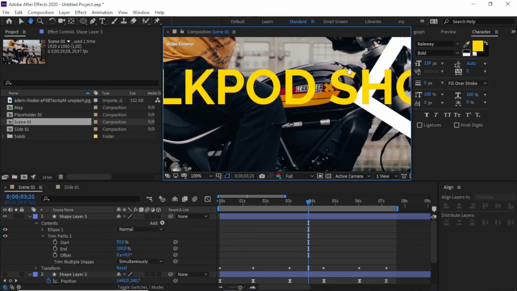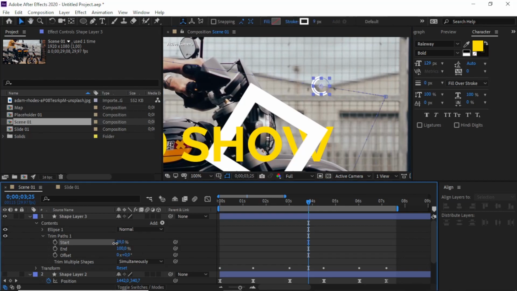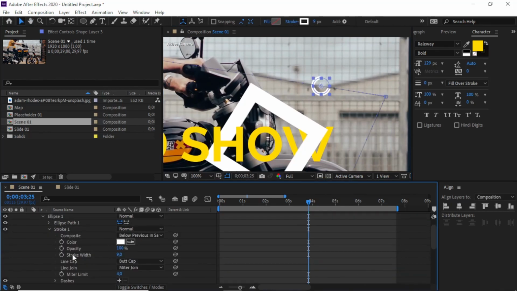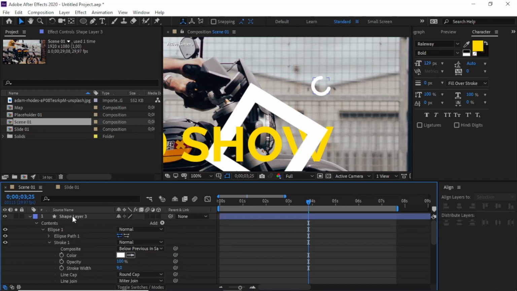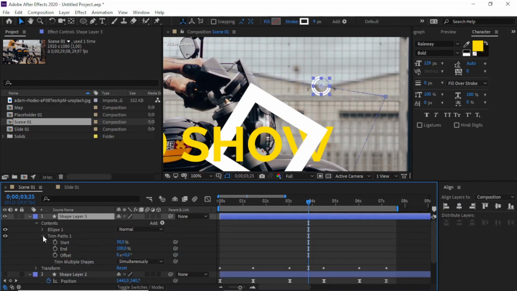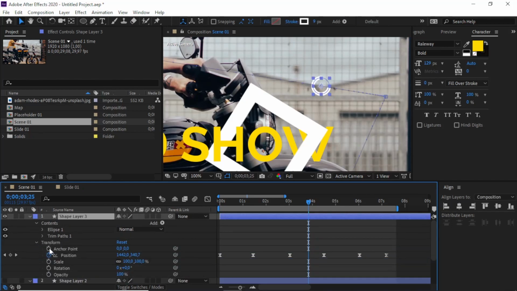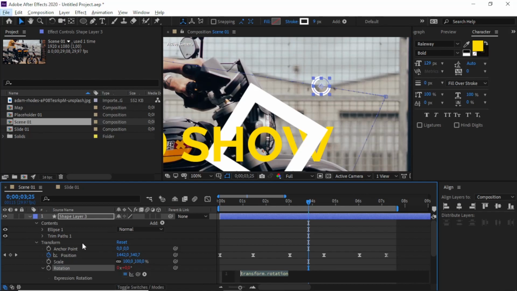I will trim like this, but for the stroke I will use round cap, so make it like that. And then in the transform I will rotate,